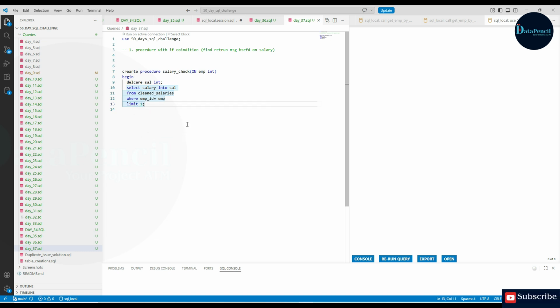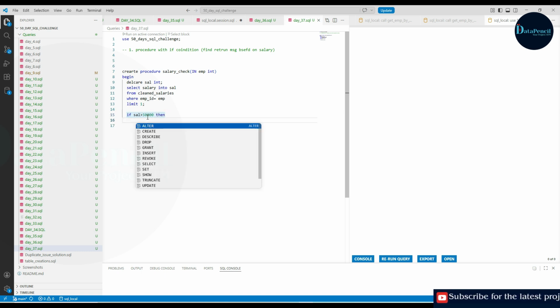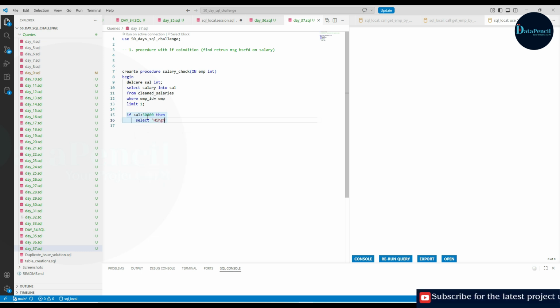This is it. Now we are going to provide a few conditions. We are going to use an if condition: if sal, the data that will be stored in this variable, is greater than 50,000, then what SQL has to do is select 'high salary' as result.